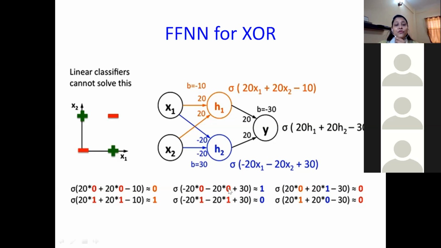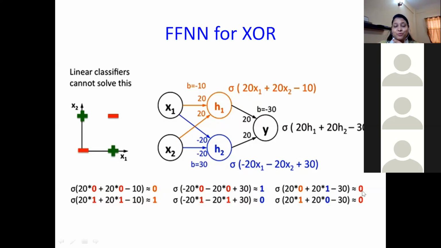So for the 0, 0 input combination, we are getting H1 as 0 and H2 as 1, because this is the computational expression for H1 for the 0, 0 combination, and this is the computational expression of H2 for the 0, 0 input combination. So we have got H1 equal to 0 and H2 equal to 1. So now we are ready to